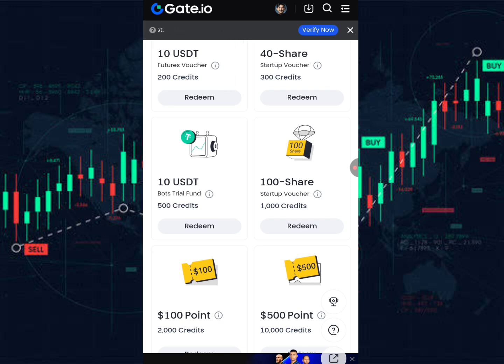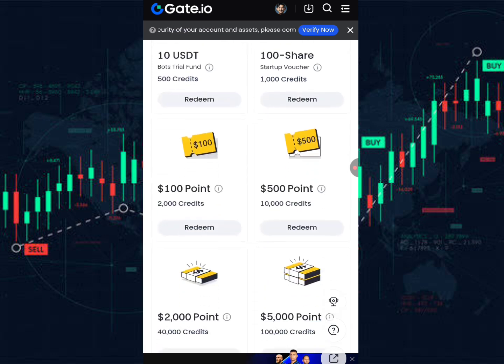And you can see credits of 500 credits, 1000 credits, and this task is $100 as 100 points and 2000 credits. And in this task you can see $500, and this credit is 10,000, and more tasks are available.